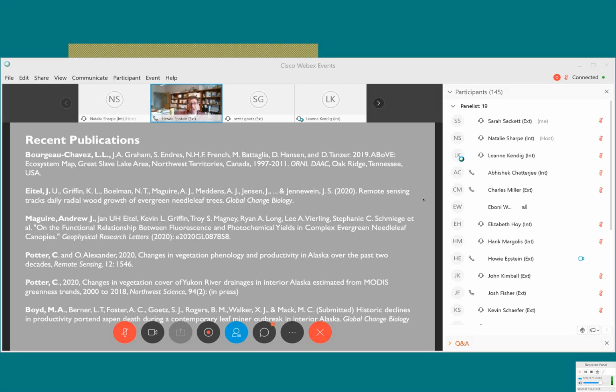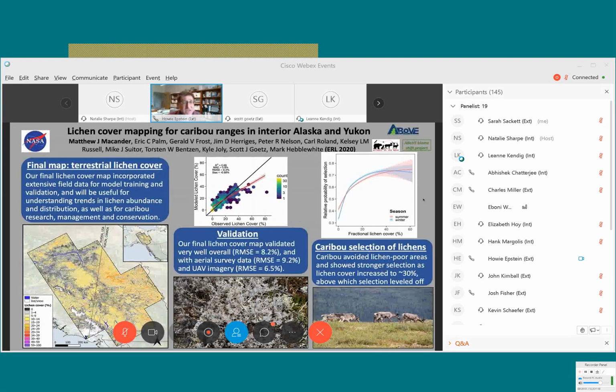So a few of the updates came with some figures. Next slide. Yeah, okay. So this is recently published by Matt McAndrew et al. in the special ABoVE issue of RSE, looking at lichen cover mapping for caribou ranges in Alaska and the Yukon. And you can see from the results that